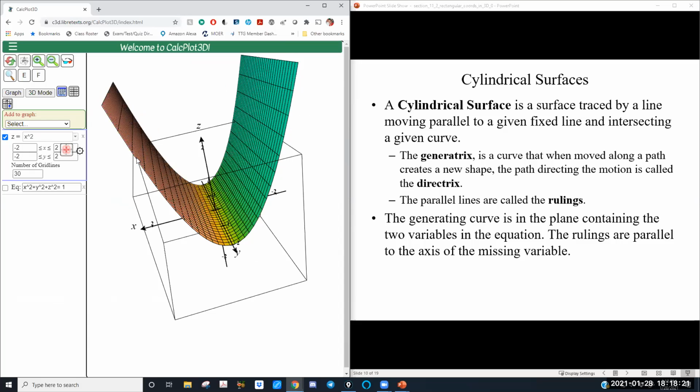Guys, do not worry about memorizing those terms. I do not use them in here. I probably won't use them in here again. But they are the terms for these things. What I want you to do is become more familiar with all these surfaces. Become familiar with seeing these surfaces. I don't expect you to memorize them, but just as you encounter them, you'll start to get more and more familiar with them.